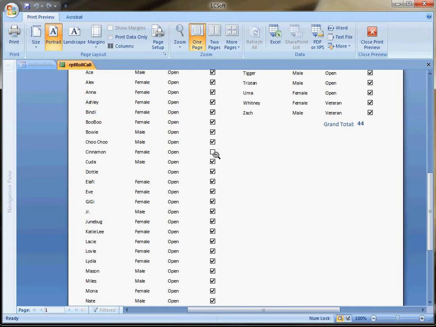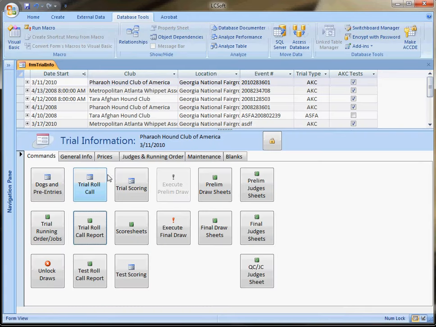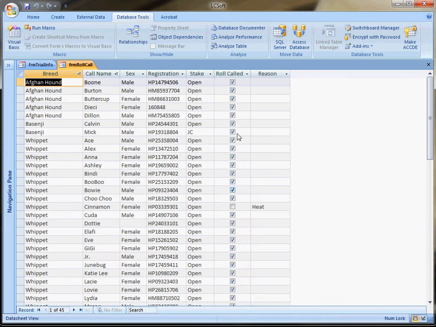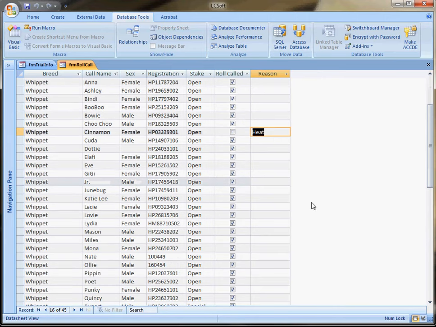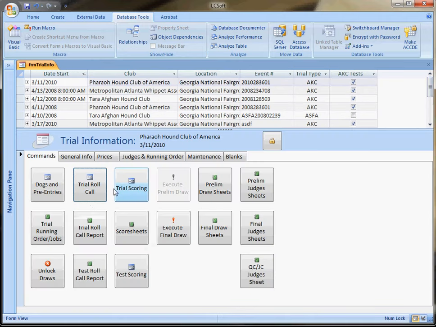And you can see Cinnamon here is not checked off at the moment. But once your roll call sheet is handed back to you, you go back into the trial roll call form and check off all the dogs that you want entered into the trial that passed roll call. And if they didn't, then you can give a reason why, like if they need a refund, like heat or lame or whatever. So then you close that form,